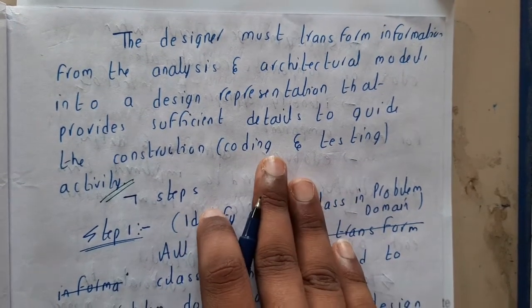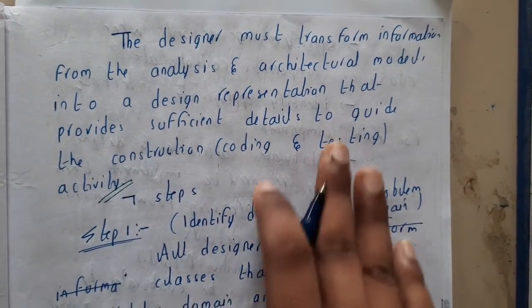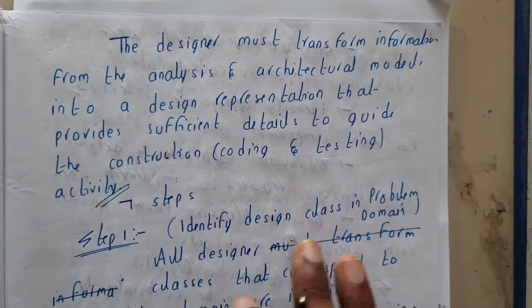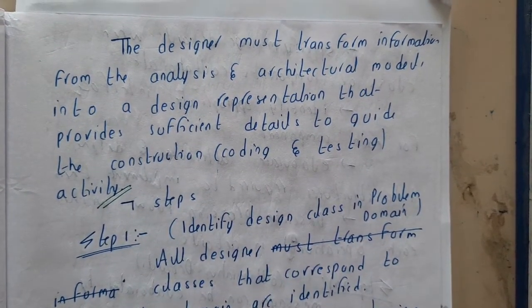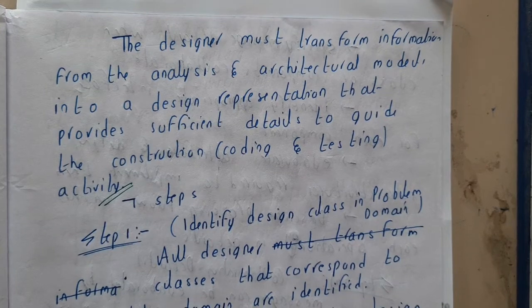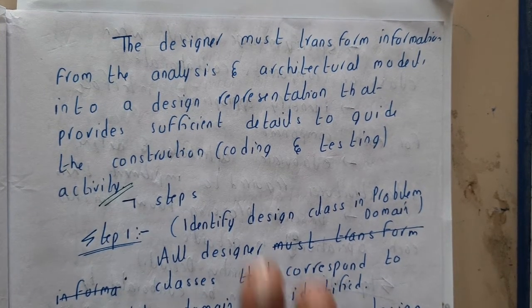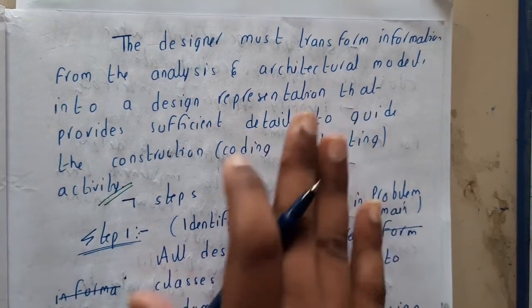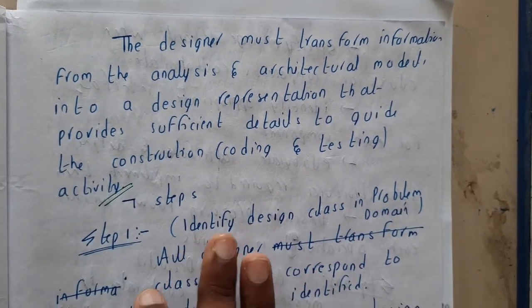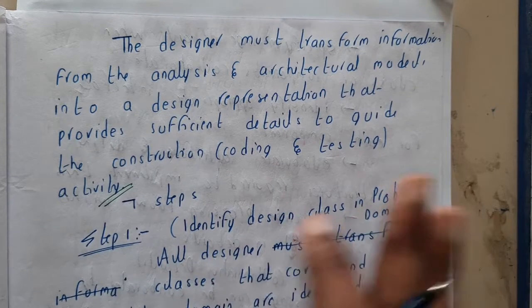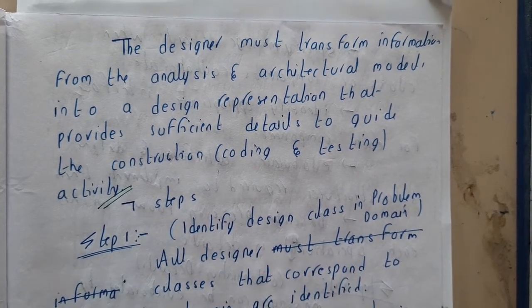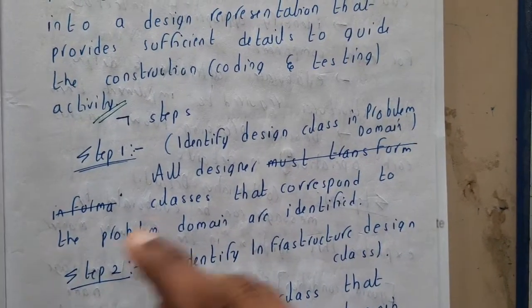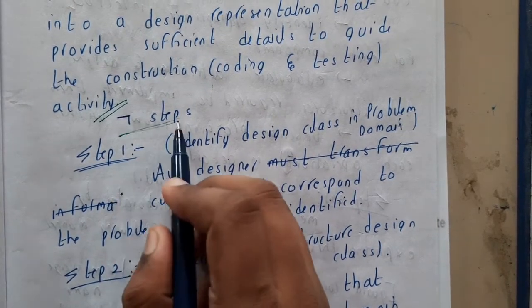And once this is done, the next step is coding, where based on the particular design, the person who is developing the whole project or who is working on that module will take that design and start his coding process. That is the reason why this design level is really important, guys, and the component level design is even more important because this will drive the next step, right? Yes. So we will be following 7 steps to make it, guys.